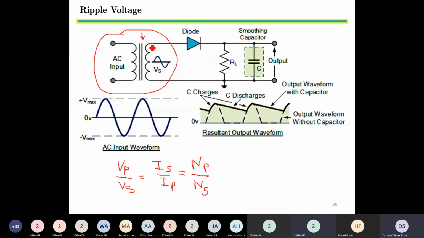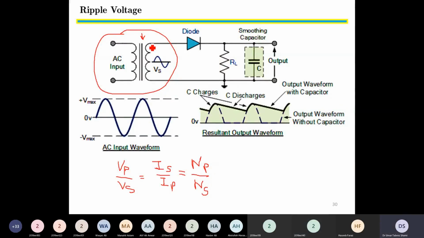Are the primary and secondary windings, are they in any form, are they connected to each other? Sir. The primary and secondary windings, are both of them connected to each other in any form? इलेक्ट्रोमैग्नेटिक वेव्स की वजह से हैं सर, इलेक्ट्रोमैग्नेटिक इंडक्शन बेस पे. No, लेकिन that's not connection. Are they connected? कोई आपने कोई उनको वायर्स कनेक्ट किया हुआ है या आपस में एक वाइंडिंग से आप निकाल रहे हैं? नहीं सर, वो रैकी कपल नहीं है सर. So yes, so the transformer works on the principle of magnetic induction,